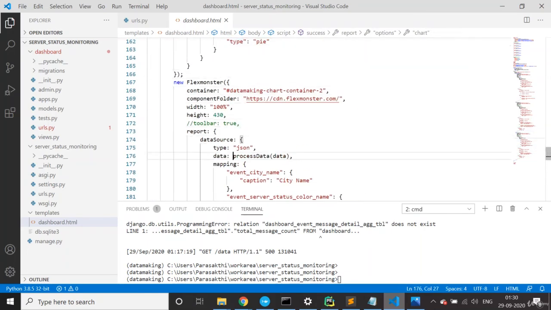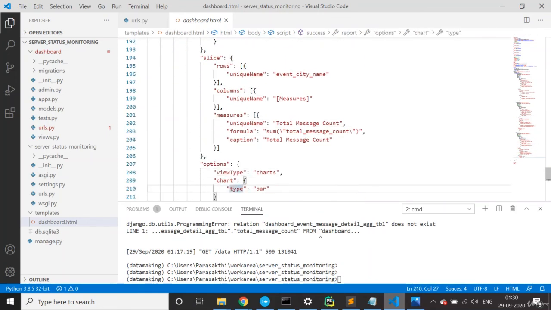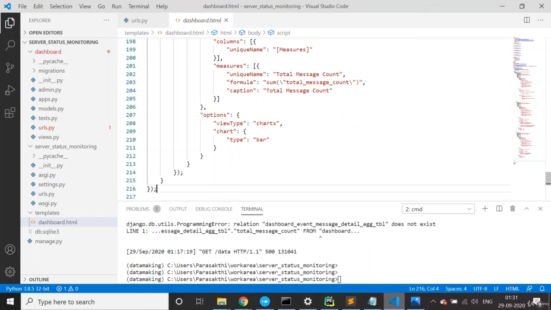You need to provide the data and pass the columns, how you want to define it. Okay, so you can just go through this, it's self-explanatory. I hope these things will be understandable. If you need more information you can post the questions, whatever information you need, I will be happy to help you.